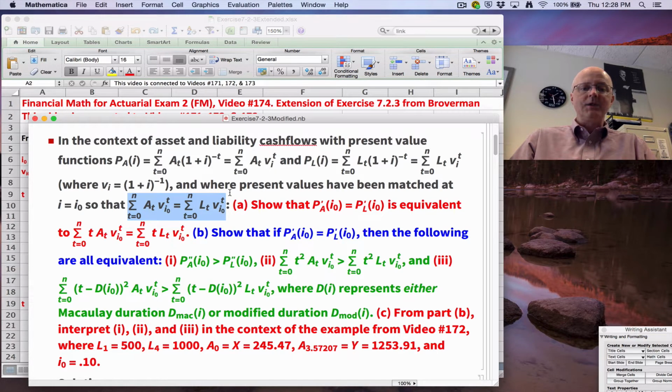Part A says to show that this condition, that the derivatives of these present value functions at i0 being equal, is equivalent, means the same thing as these summations being equal, which is not completely obvious at first because when you take the derivative you don't actually get those exact summations that you see there, but something slightly different. Part B of the problem says that if you, in addition to assuming that you have matched present values,